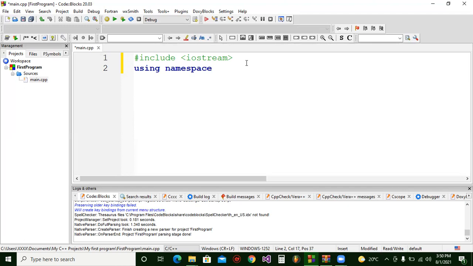using namespace std library. std is just the short form for standard. So this is the standard library where we'll find different keywords that we are going to use. A keyword is just a word that is meaningful to the compiler so that it will allow us to do multiple stuff. As you can see now, I've added a semicolon at the end of